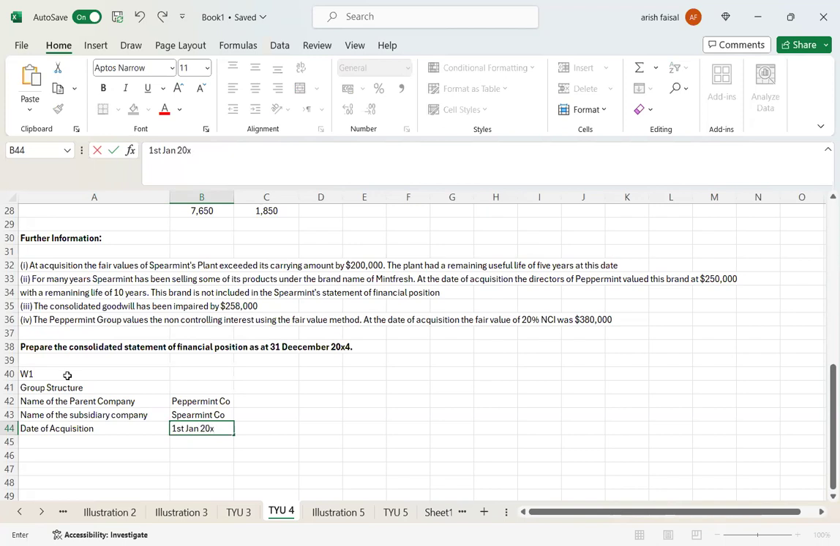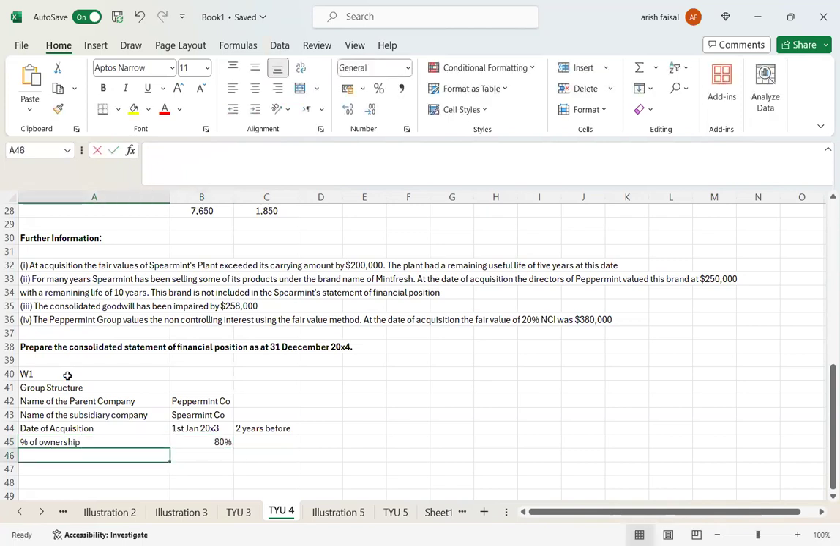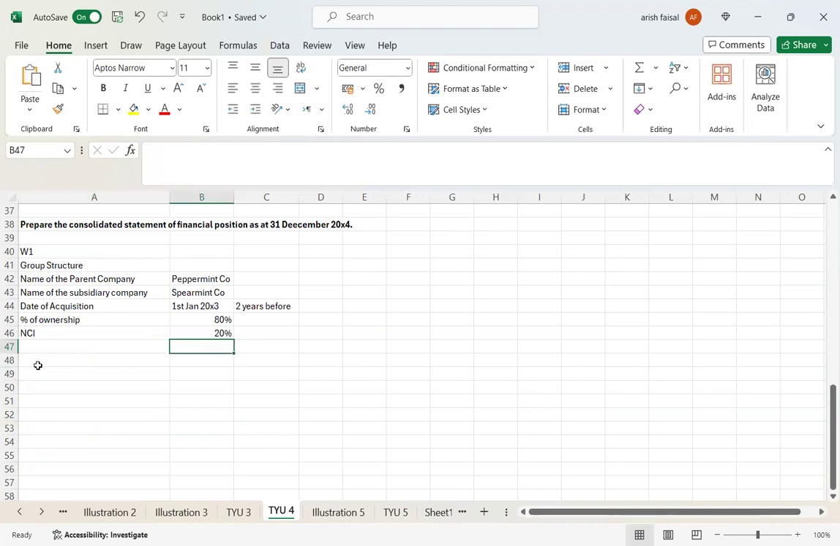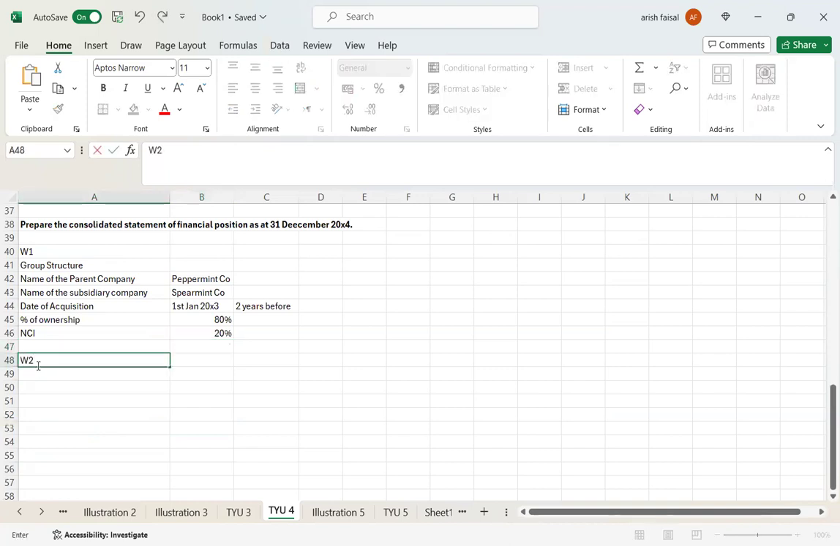1st of January 2003, that's 2 years before. And then you also have the percentage of ownership, which is 80, and 20 percent is your NCI. So once you have prepared the group structure, now you can move towards the next working, which is to find